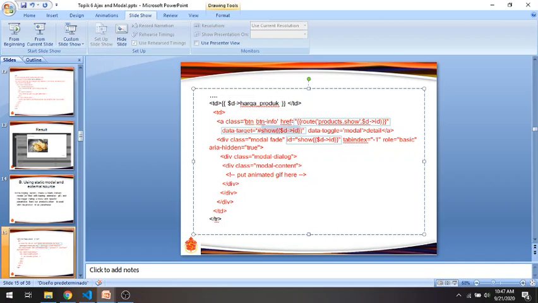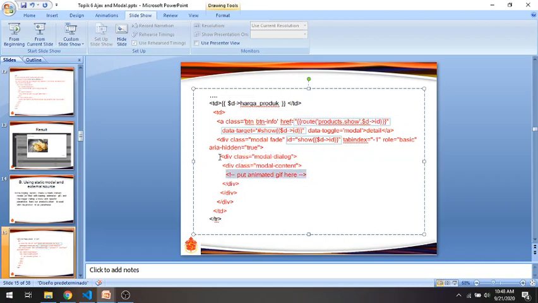Okay, this one connected to this one, and for the href, this is the external source that will be called to fill in the modal content here.